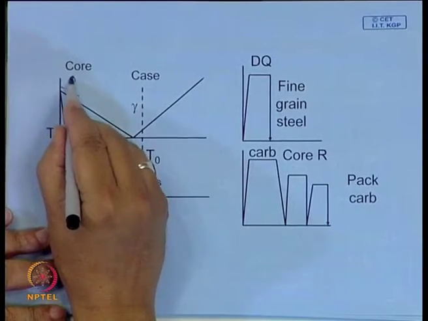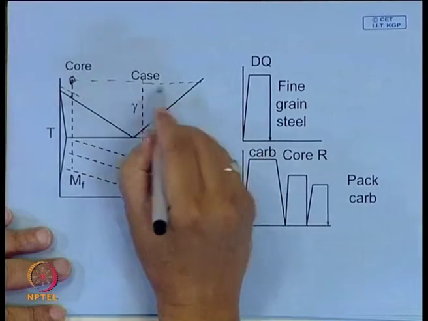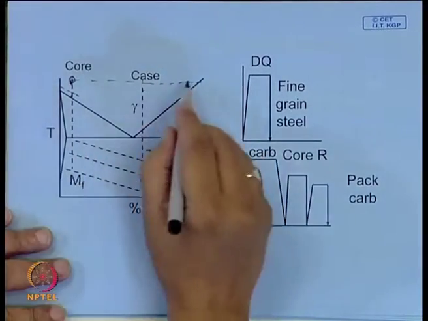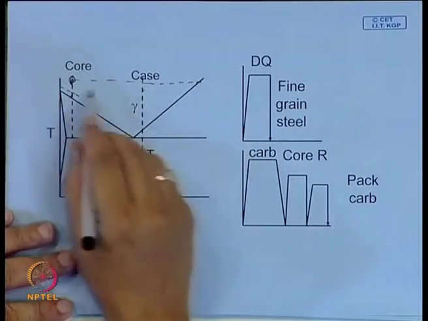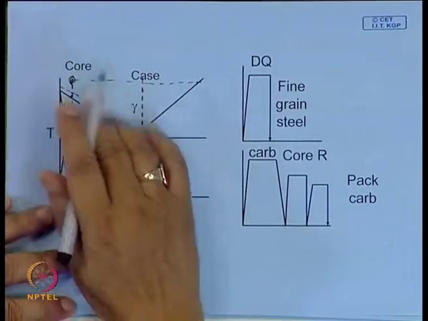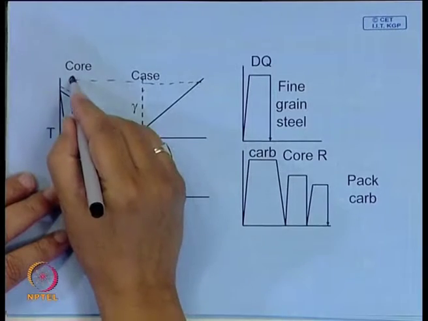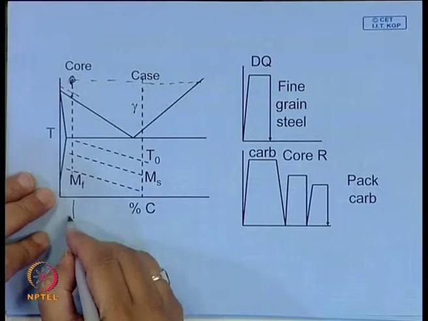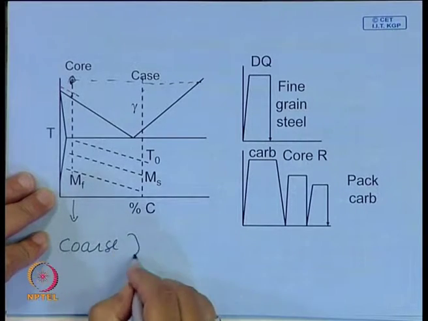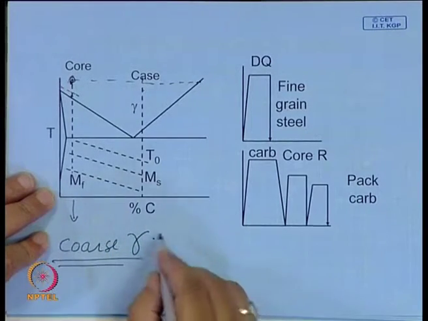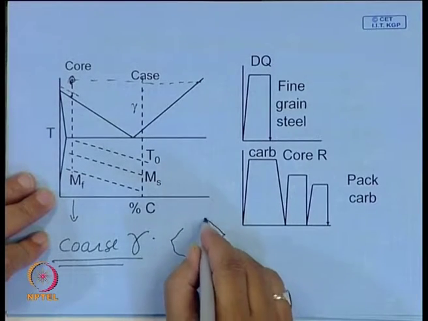So, you are heating it here, so that the carburization process is faster and the carbon content at the surface is higher, and after that what happens if you quench it? Here you have a very coarse grain structure, coarse austenite grain. Now, we know that if the austenite grains are coarse,